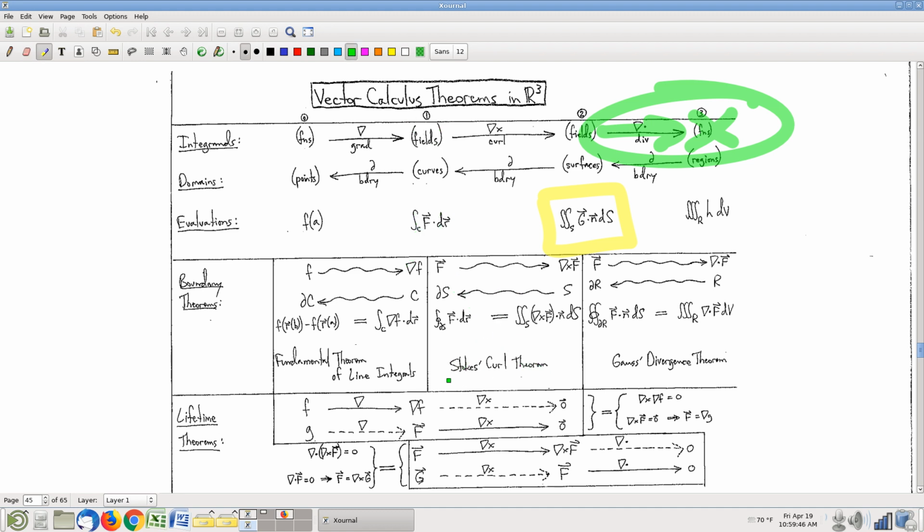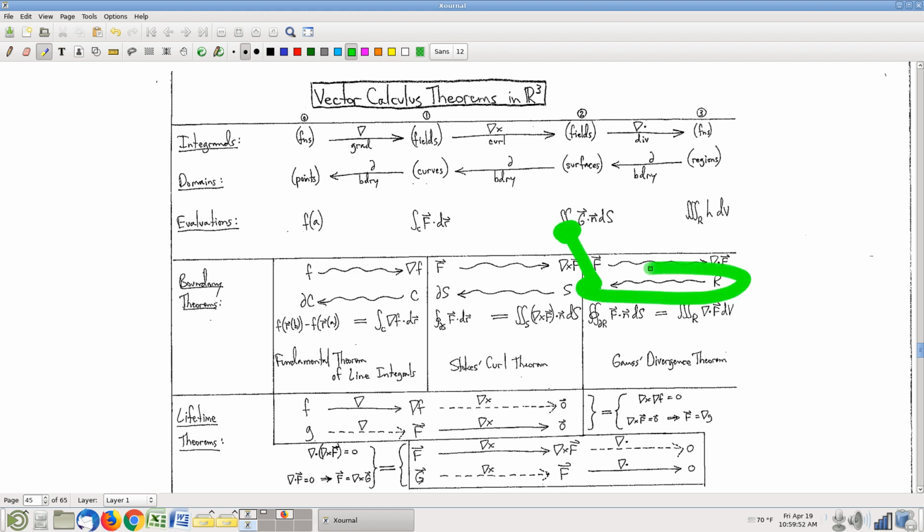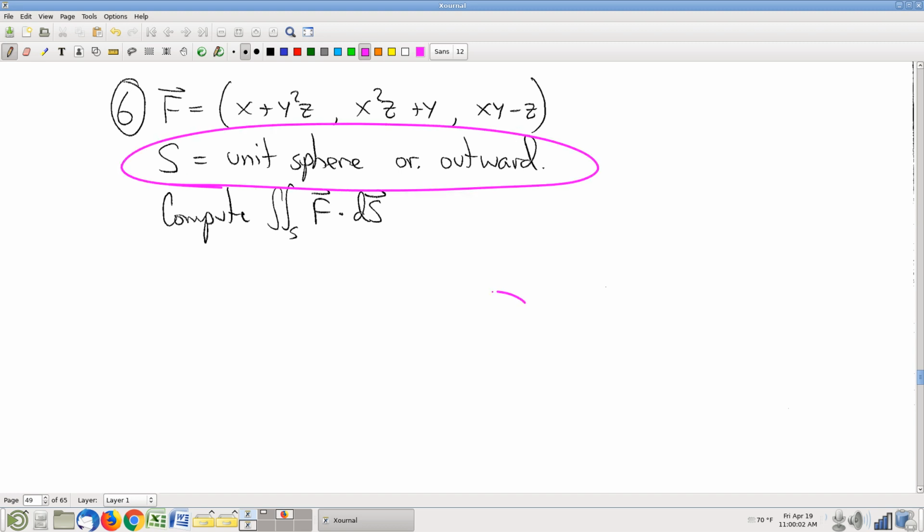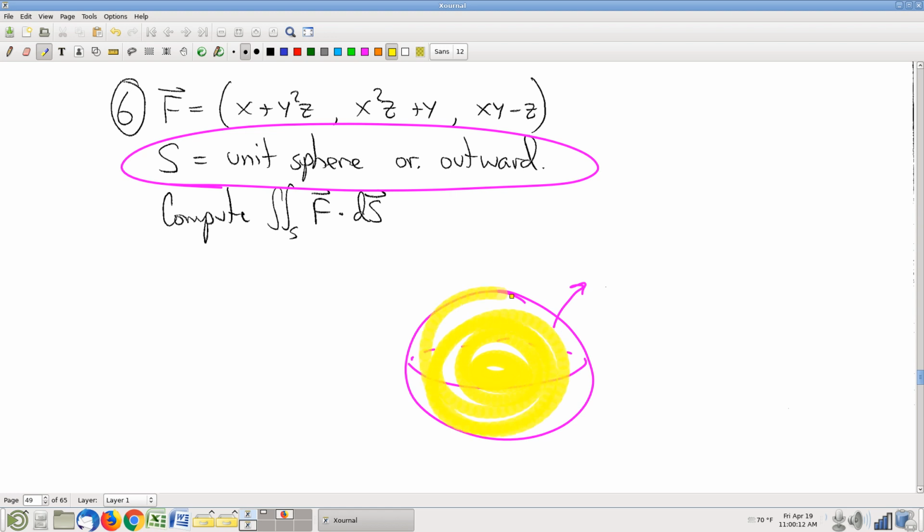Yeah. Okay. So, can I use Gauss's divergence theorem? Well, again, as always, I would need for my surface to be a boundary of a solid. Is that the case here? Is my surface a boundary of a solid? Yes, my surface is the unit sphere oriented outward. Is that a boundary? Well, yes, it is. And how nice is that, right? So this is a boundary. It's a boundary of this ball,